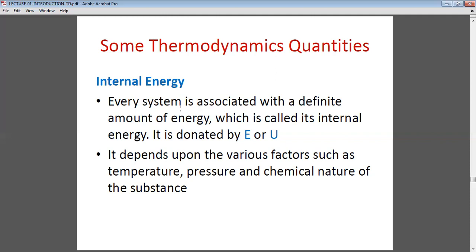We will take the internal energy of the system as an extensive property of the system, and the energy that is stored within the system is taken as the internal energy of that system. That means when a body is transferred from one state to another state, or if we apply any external force, after the complete transformation, some amount of energy is stored within the system. We will call that energy the internal energy of the system. That means the energy that is stored within the system.